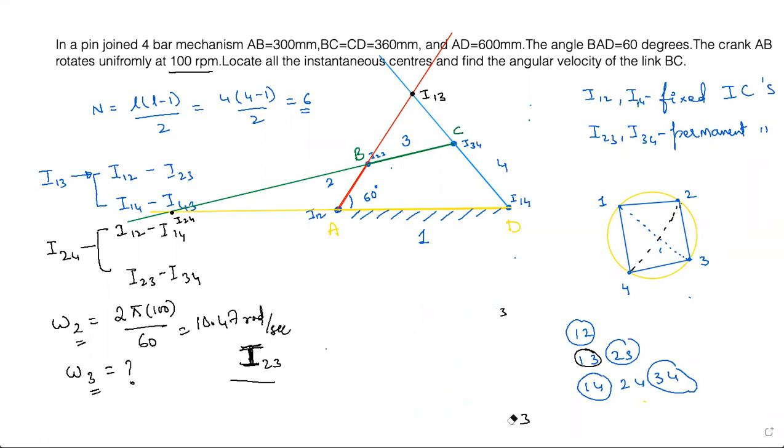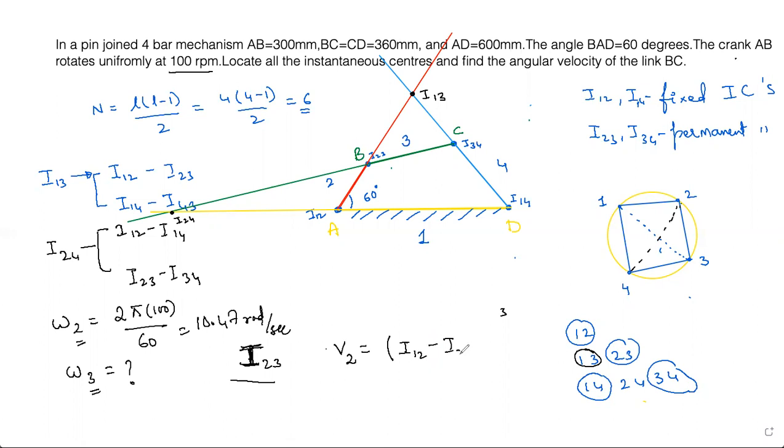The meaning is that I23 is a center about which you have both the links 2 and 3. You take a point on link 2 or take a point on link 3, they will have the same velocity v. Okay, so I will take I23. Now I can write this way, right? If I consider the point on link 2, it means velocity on link 2 is equal to, I need the distance from the center I23 to the point where we need to find out, right? So I will do this thing, see.